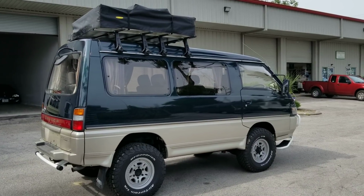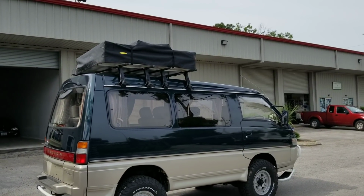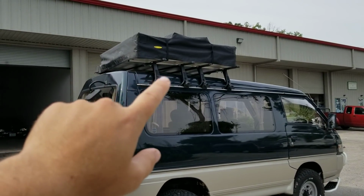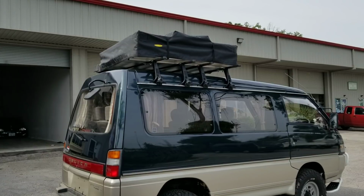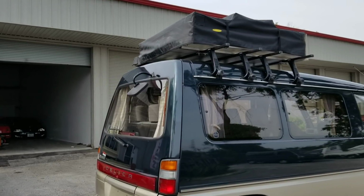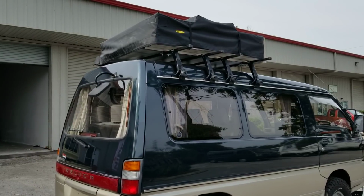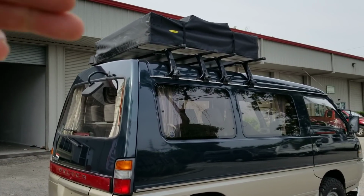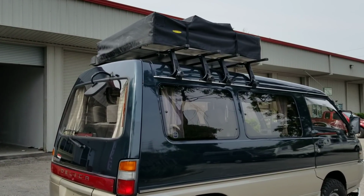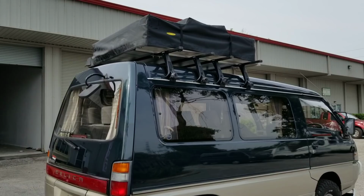Next thing on the list, and I guess it was the last thing after everything was done, kind of just putting the last thing onto the van. I went with a Thule roof rack system. Those are the super high foot gutter mount racks, and brand new crossbars. I see I'm missing a cap there. I have a brand new cap inside the office I'll put on there. We probably could have gone with just the 2 bars on each end, but with a 25-year-old van and old gutters, I just kind of wanted to go with